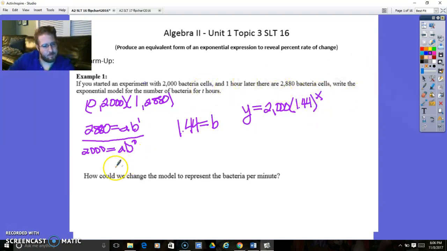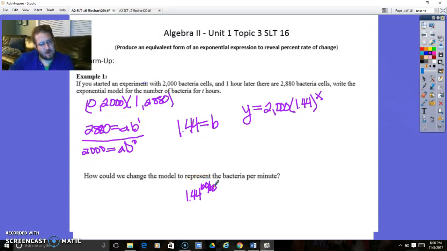or t amount of hours. How can we change the model to represent this bacteria per minute? Okay, so that's what this video is about. It's about changing, in this case, hours to minutes, or changing any one rate to something else. Now, if I want to change this to minutes, there are 60 minutes in an hour. So I'm going to change the rate to 1.44 to the